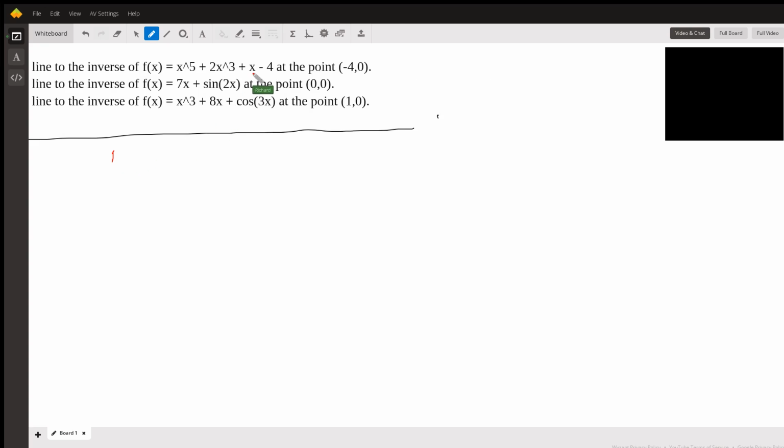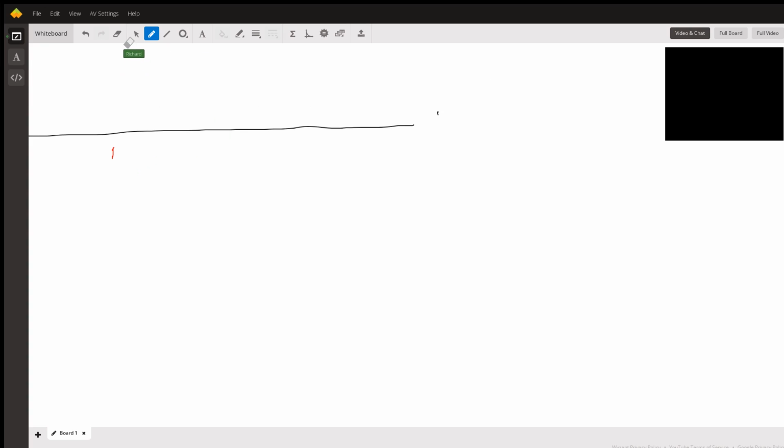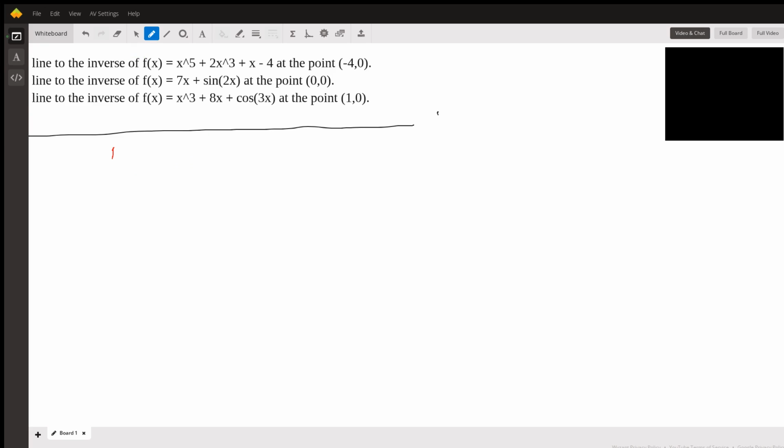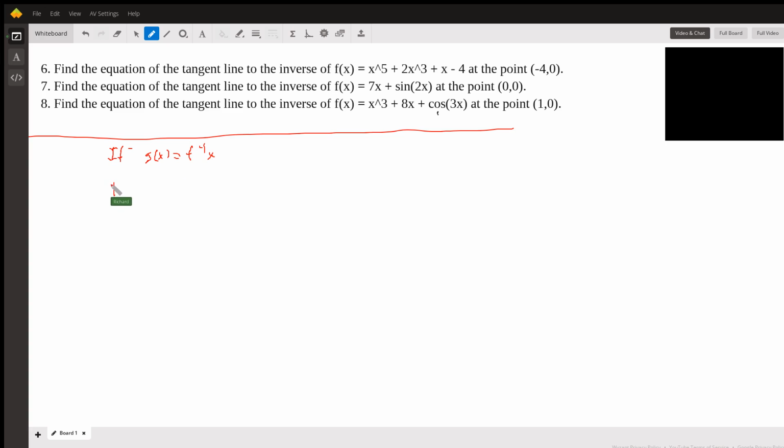If g of x, we're going to call g of x the inverse of f, then